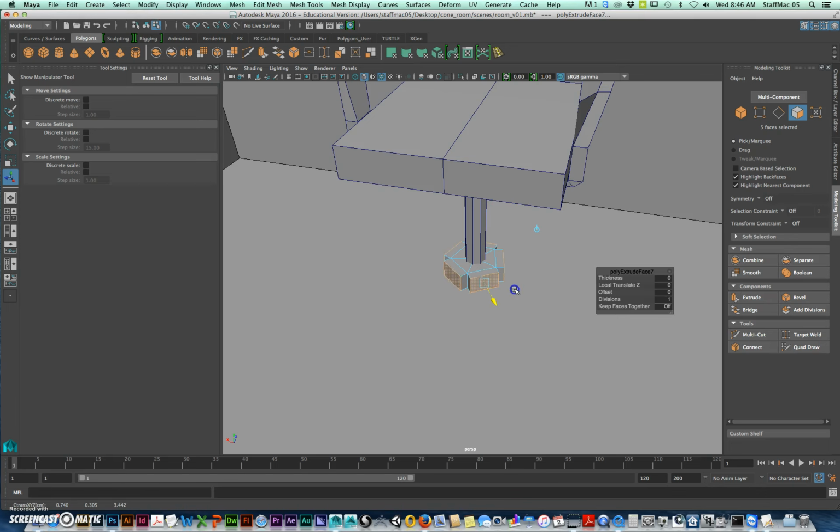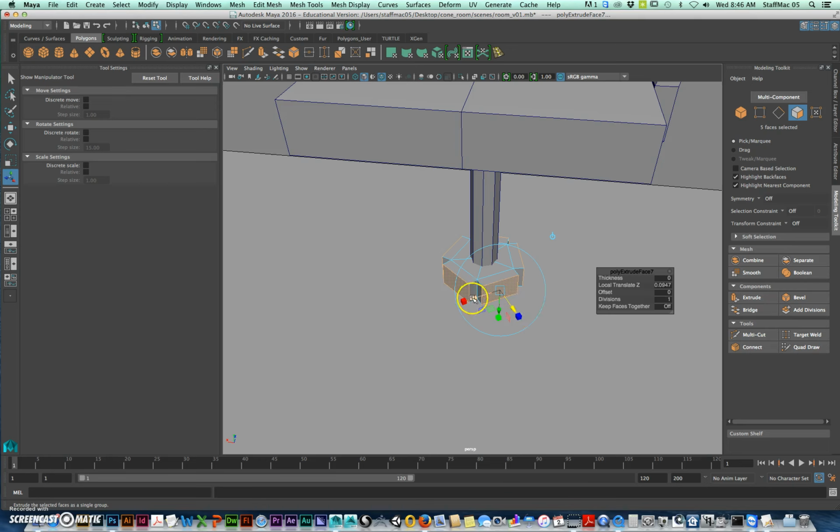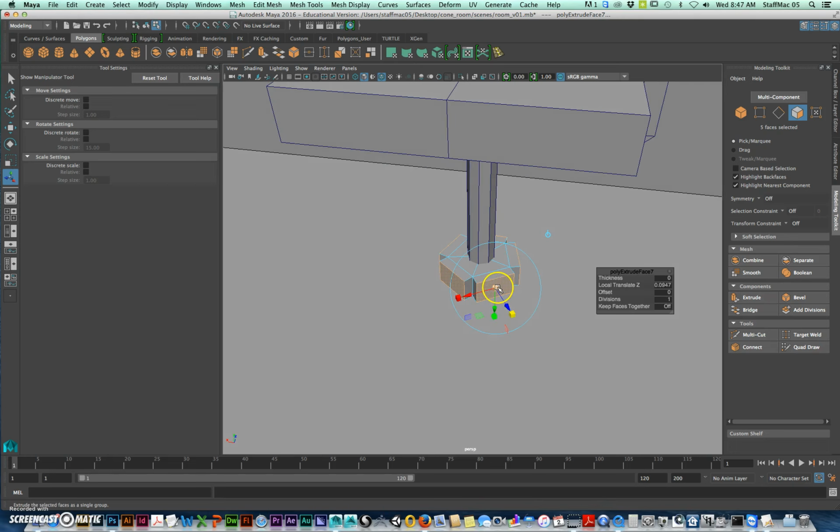So I'm actually going to pull this out a little bit. And this time I'm actually using the arrows. These are based off of the normal. So see how it's moving them all in their own directions? I'm going to tap on this blue. Any one of these ones will work, but on the cube. And then see a cyan one comes up. I'm going to go ahead and just